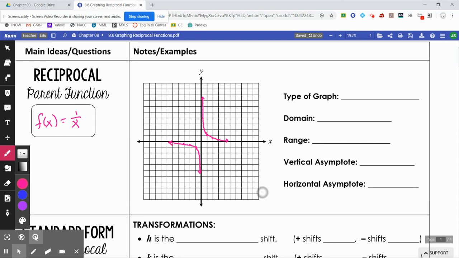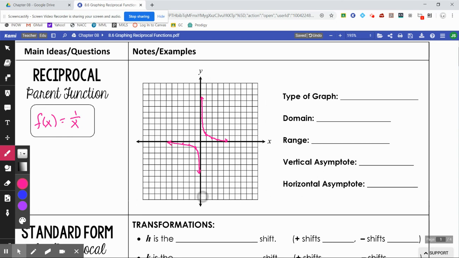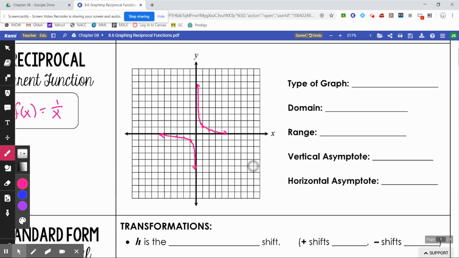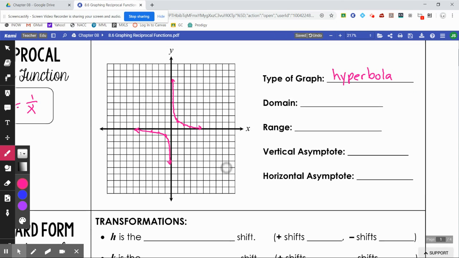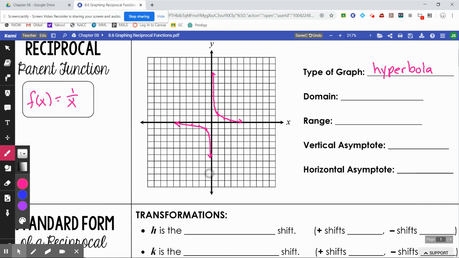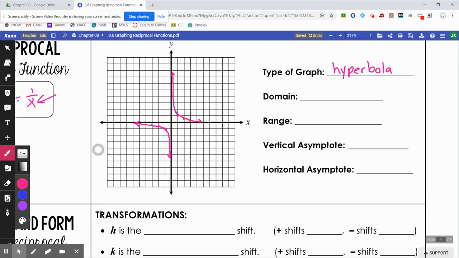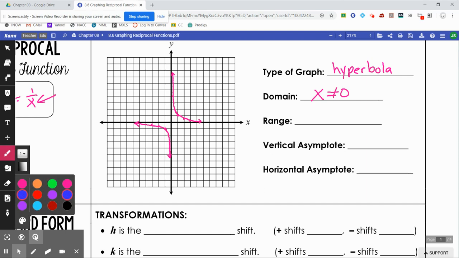So there's a picture of your parent function, y equals 1 over x. This type of graph is called a hyperbola, which we will deal with a lot later on down the road. Several more of these. The domain: the only restriction is you cannot divide by 0, so therefore x cannot be 0. Okay, now looking at the range of this function, again, notice that you have an asymptote line,